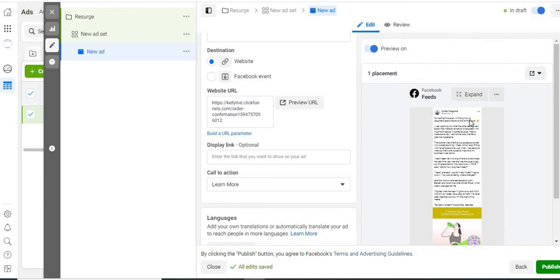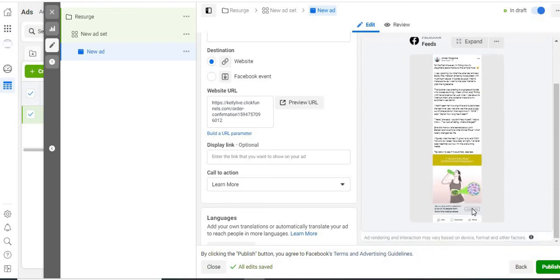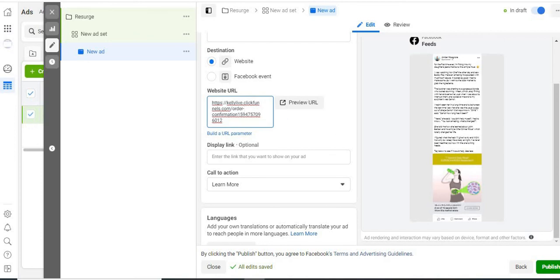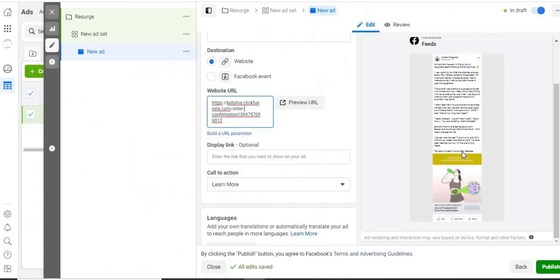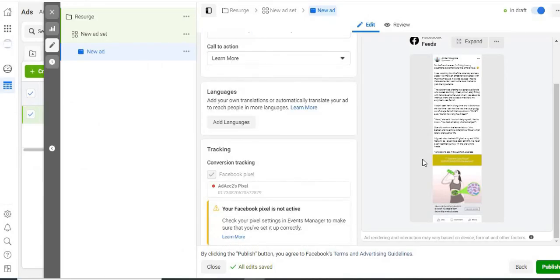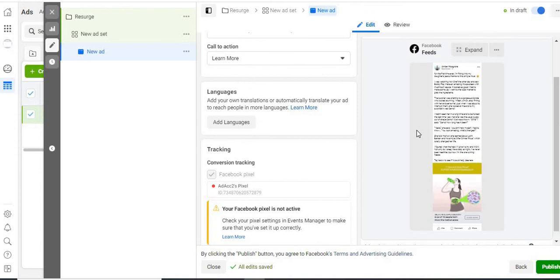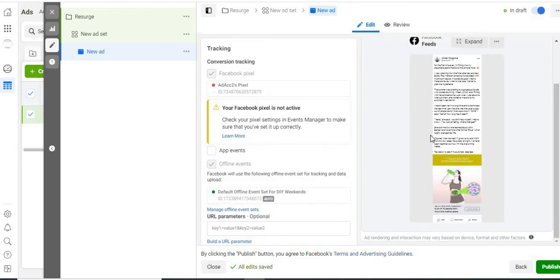So guys, now if someone buys from your ads, you have your affiliate link in your landing page. So once you get sales, you can see your sales on your ClickBank dashboard. So this is how you set up a ClickBank offer on Facebook ads, promoting any ClickBank product through Facebook ads.